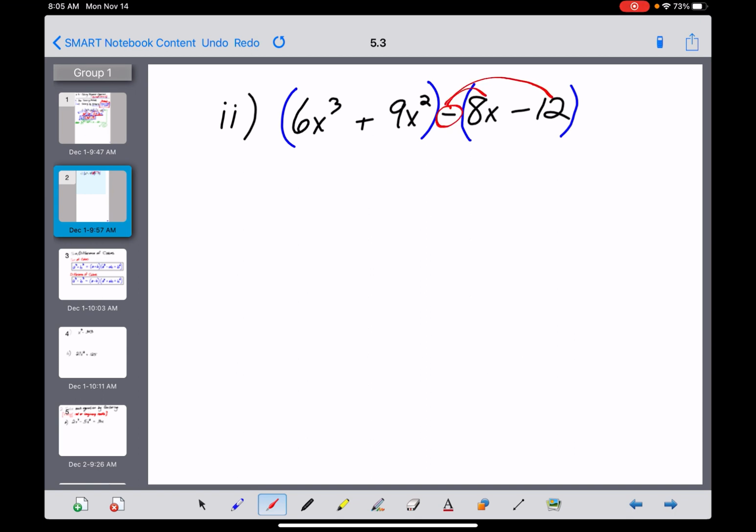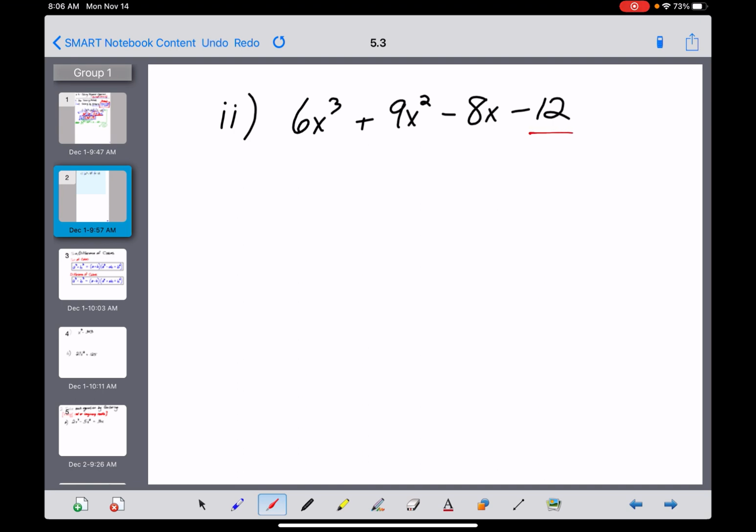distributed inside there. So the opposite of 8x makes that term negative 8x. That's what it was at the beginning of the problem, so that's perfectly fine. The issue happens right here. Now, I have to distribute this negative, and minus a negative 12 actually makes this term positive. And in the original expression, let's go back to before I started messing things up, in the original expression, that